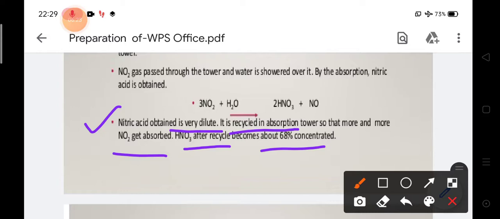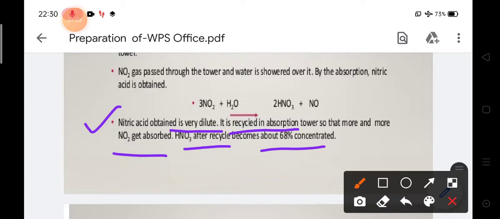But when we use the term industrial manufacturing, we have to make sure that the product is in a higher concentration. If the product is in a lower concentration, that means we have failed as a chemist. For a chemist it is essential to prepare the product at utmost concentration, almost 80 to 90% or more than 90%. The higher the concentration of the product, the higher the benefit for industrial purposes.